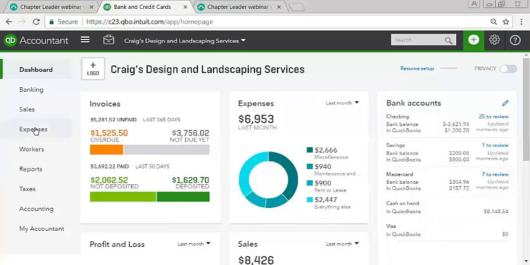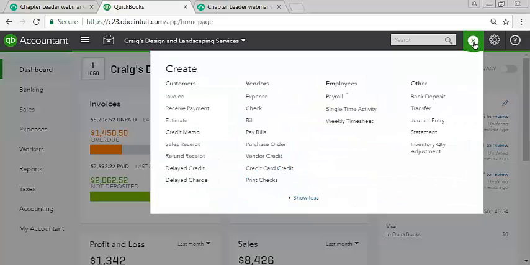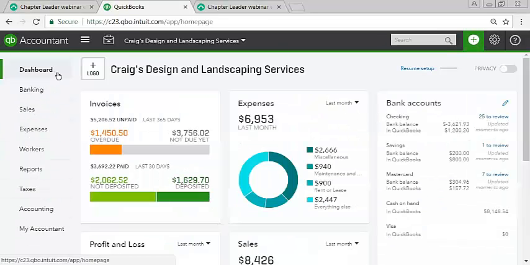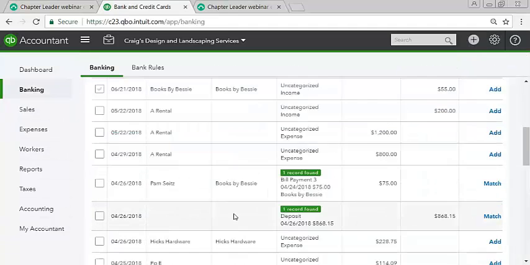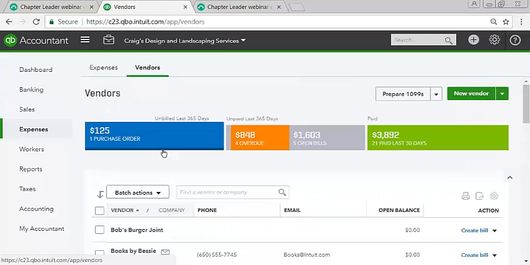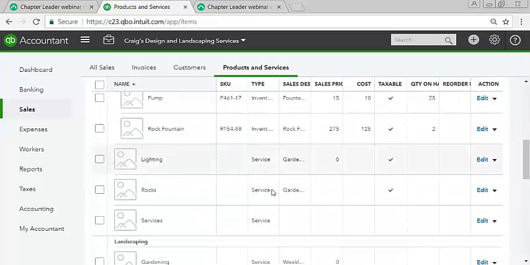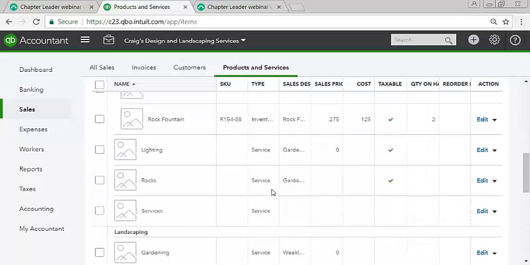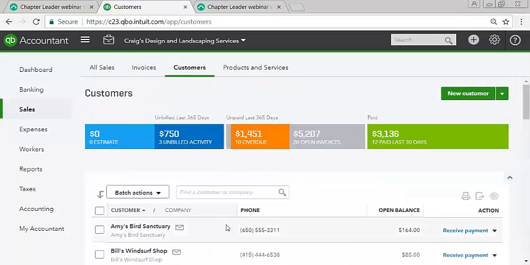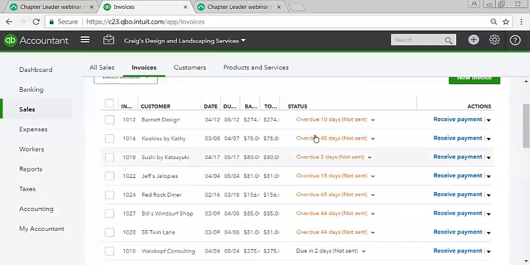I'm not sure if I touched on how to delete an open invoice. So as you have this create button, these are your shortcuts over here to the left. So you can go to banking, choose what account. You can go to the register straight from here. Your expenses. Now sales. This is where you see your products and services. So if you just need to review the list, they're all here, as well as your customers or members. Your list is here. And all of your invoices,